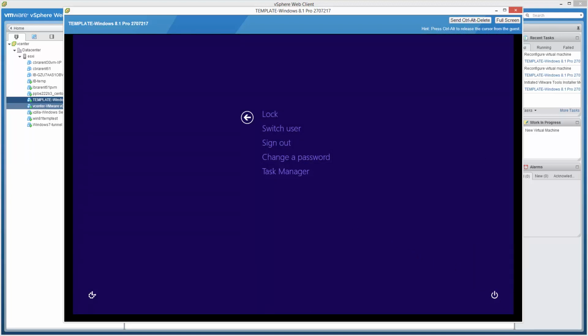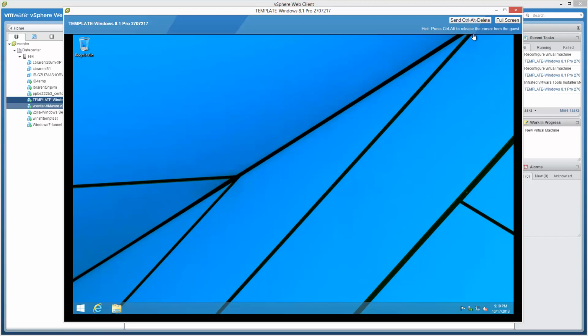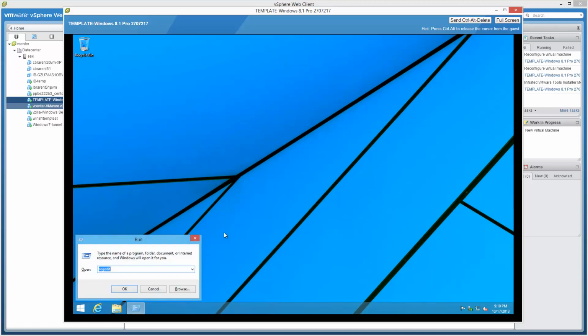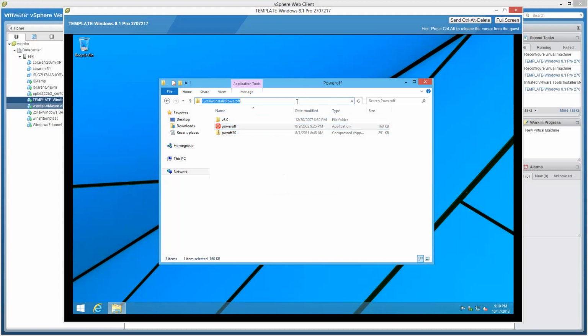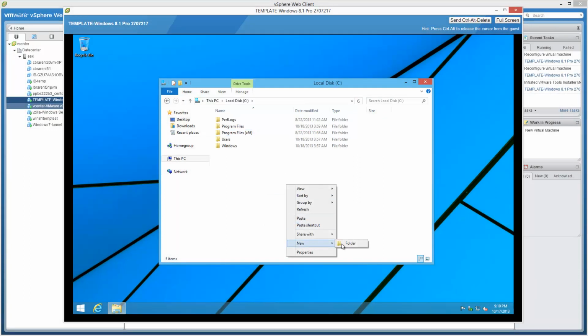shut it down. Or, since it's a little bit of a hassle, I tend to do things a little different with this. Let me show you. I'm going to hit Windows plus R, browse my way to a network share to this utility I have. I'm going to copy that utility to the clipboard, go to my C drive, and create a new folder called util